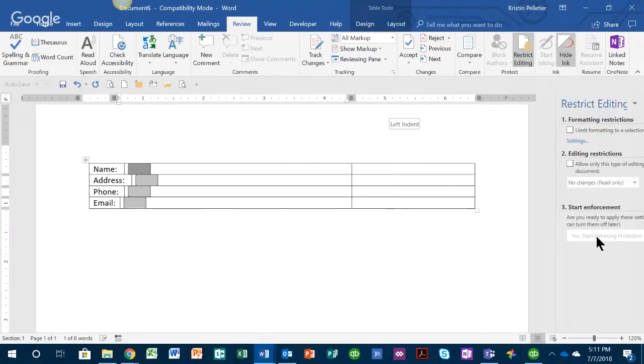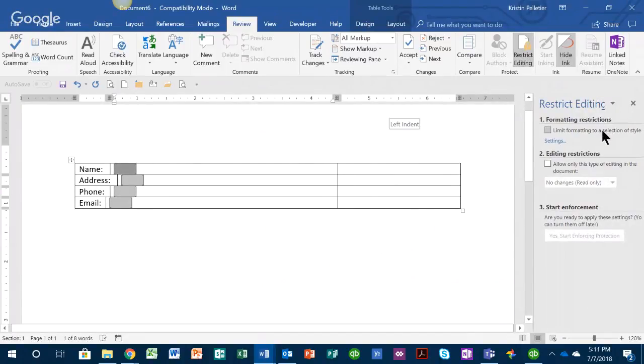So I'm going to click on restrict editing, and I'm going to get this extra side panel pop up on the right side, where it's then going to ask me, well, what kind of restrictions do you want? I want to have some editing restrictions. So what this person is not going to be able to do is change where I put name, address, phone, and email. And they're also not going to tab over into this third column. Okay. So when they tab, they're only going to be able to fill out the pieces of this form that